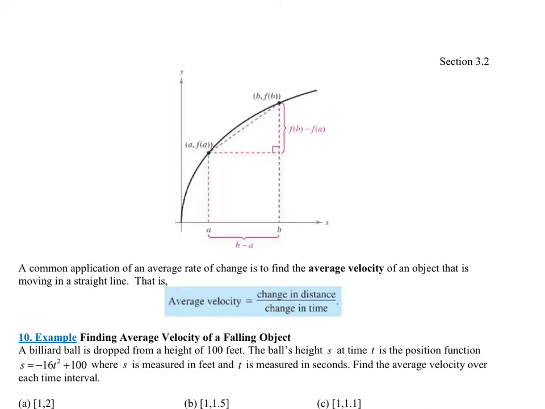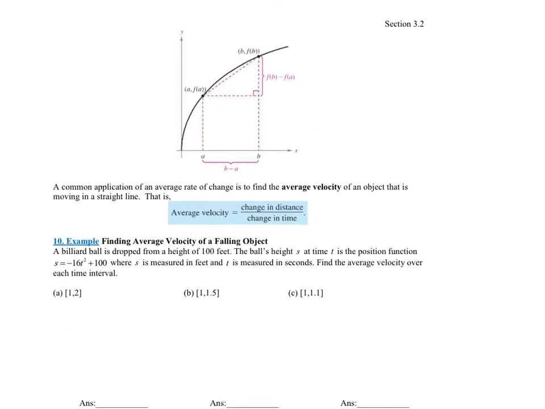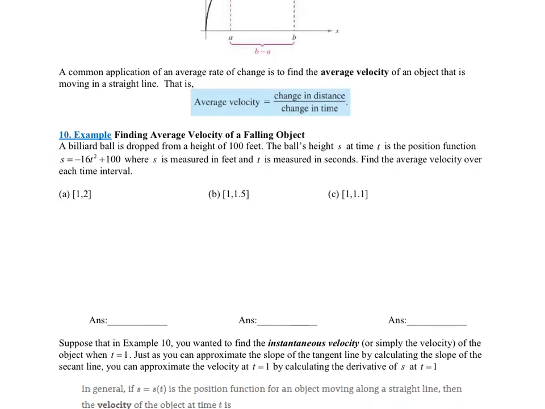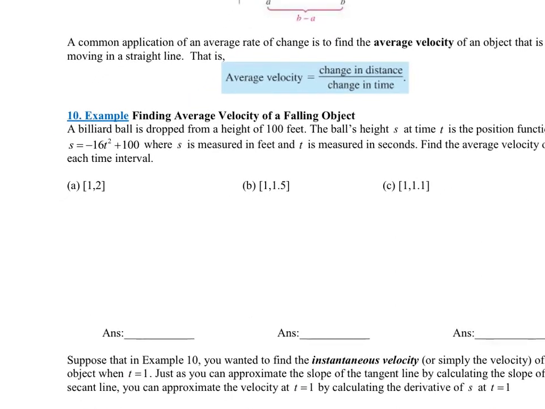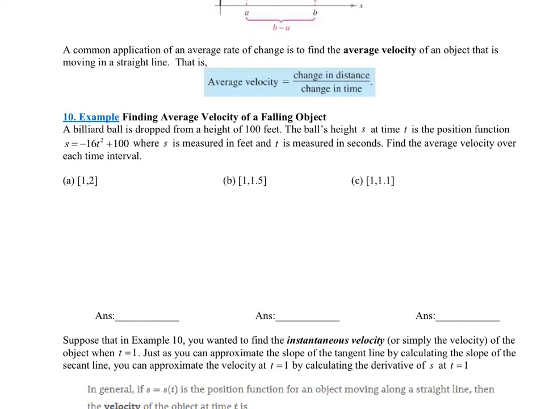So here you're saying your y-axis is your distance, your x-axis is your time, okay? So finding average velocity of a falling object, again, you're just straight up using the slope formula. The only thing you need to do here is evaluate at all the different x values to find the y values. So it says a billiard